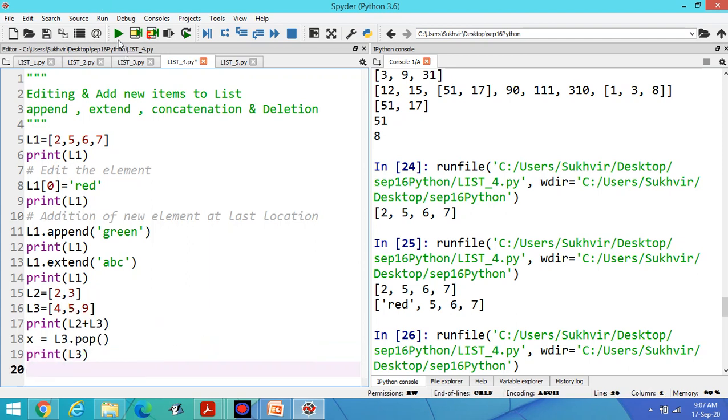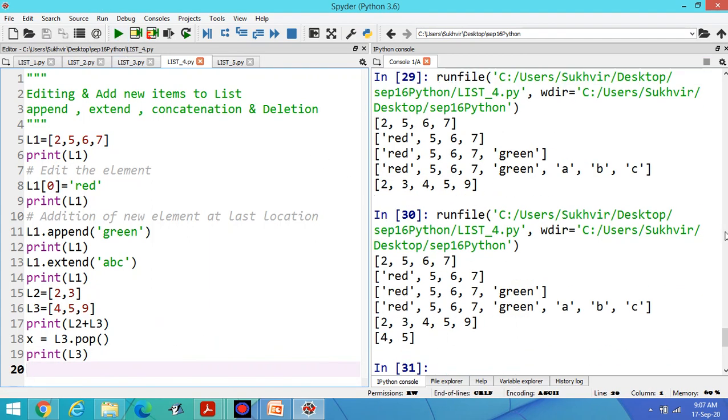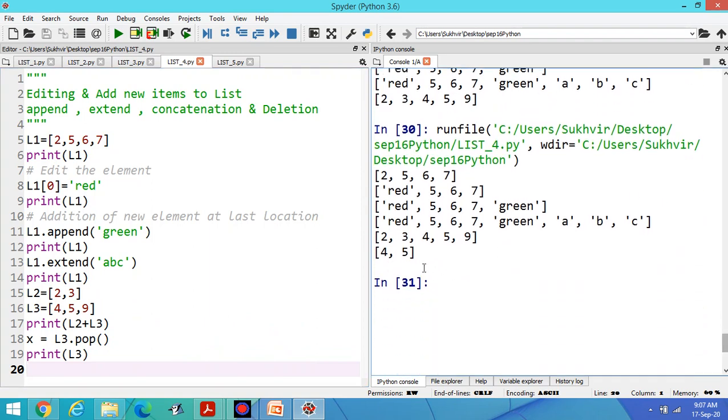Look at the output now, this one, 4 and 5. Now what is the meaning of this? With the help of pop, you can delete last element from the list. Delete last element from the list.